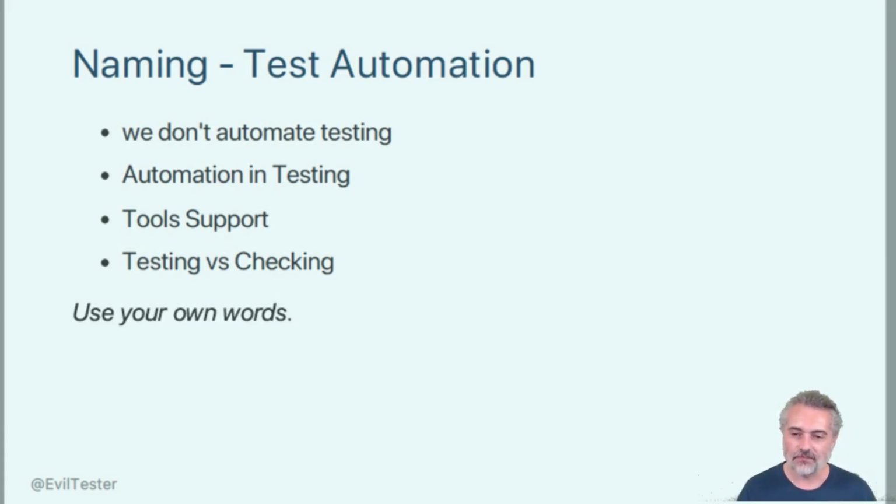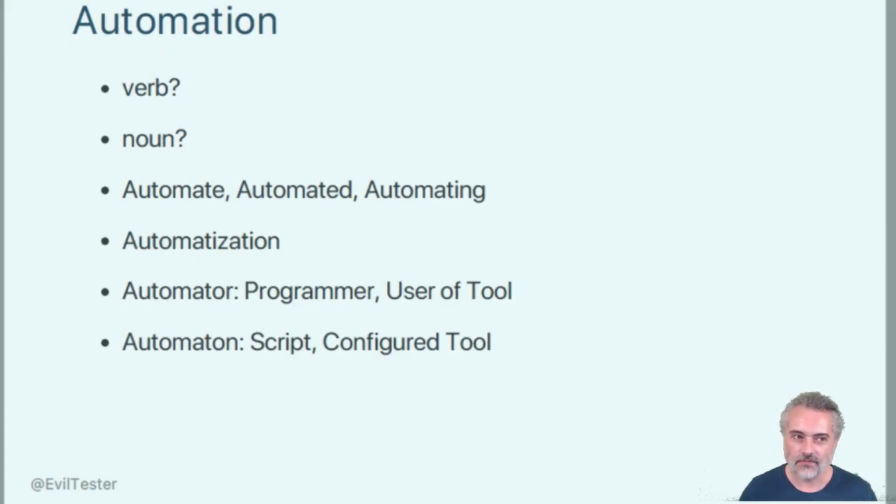testing versus checking. Now, what's important about this is not the actual words that other people are using. What's important is the fact that people are trying to use words that are more distinct in terms of conveying a specific concept, right? So rather than saying test automation, people are trying to be more specific and say we check for things, we automate within testing. But what's even more important is that we use our own words when we're describing this, right? Because a lot of the time the issue is how we communicate and think about test automation.